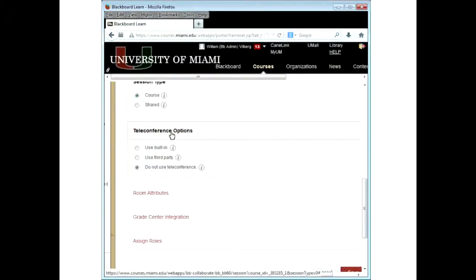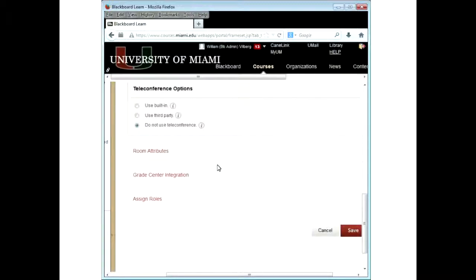Teleconference options. I said in the chat room we don't recommend teleconferences, but in a case if it's one-on-one or something like that, that's fine. The problems with teleconferences are background noise, and people at the universities put you on hold and everyone in the group starts hearing the music.